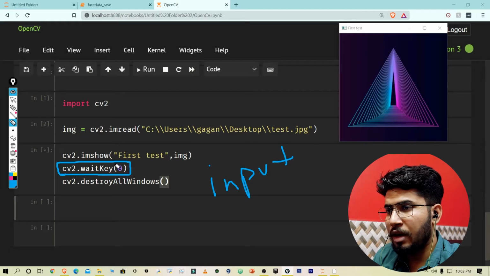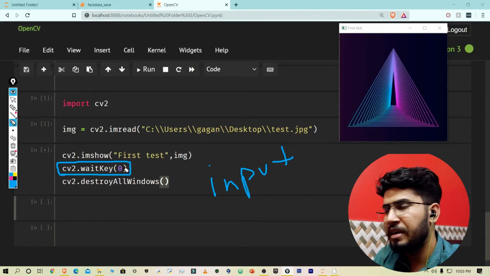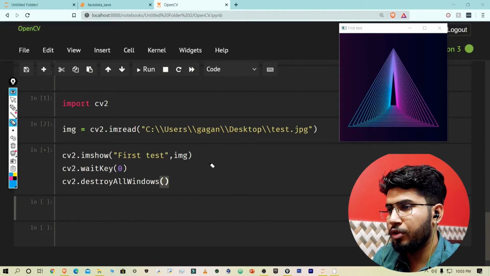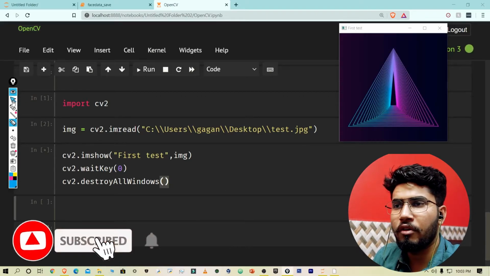Now I am waiting for a key for an infinite amount of time. 0 means it will wait infinitely, and after I press any key, it is going to run this line which destroys this window, and it will not hang our program.